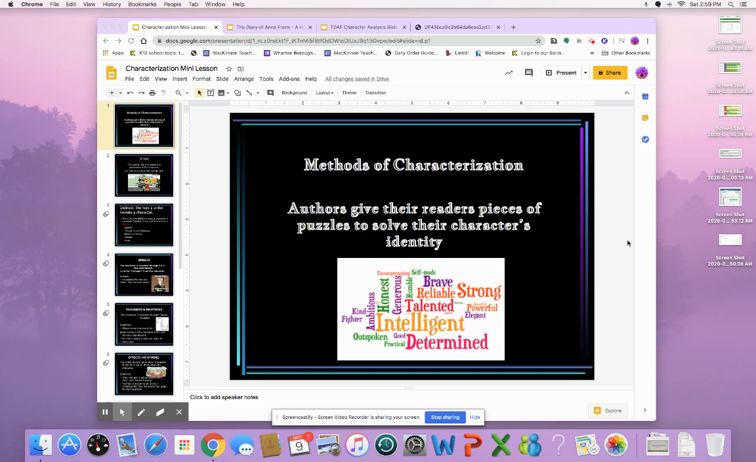This week you're going to be reading Act 1, Scene 2 of Diary of Anne Frank. Once you finish Scene 2, you're going to be asked to pick out character traits of the main characters in the play. So I'm going to review what character traits are. An author gives the readers pieces of a puzzle to solve the character's identity. Ways that we have seen the characters